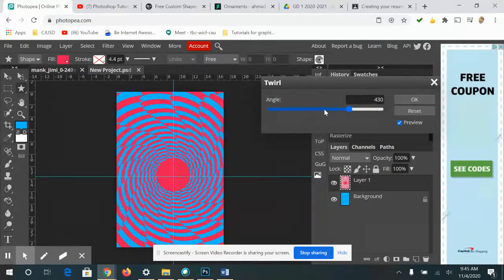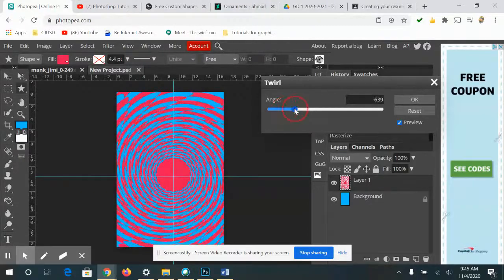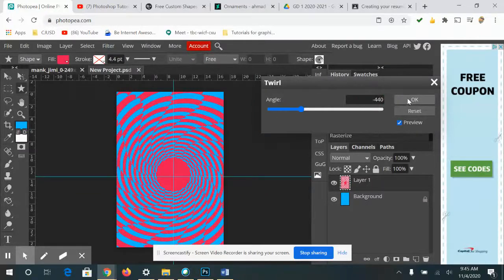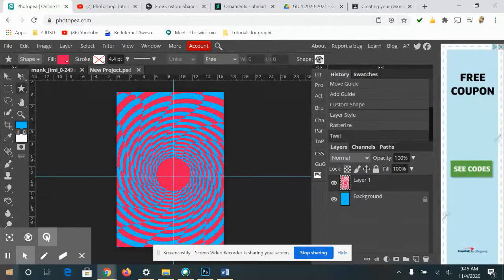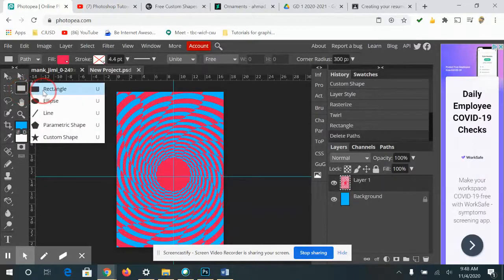So if I go to 0, it's going to take it, and then go down here, it'll go the opposite direction, right? So it's twirling that design. So we're just going to go with that. I'm going to hit OK. All right, the next thing I'm going to do is add a border to my poster. So what I'm going to do is use my rectangle tool,